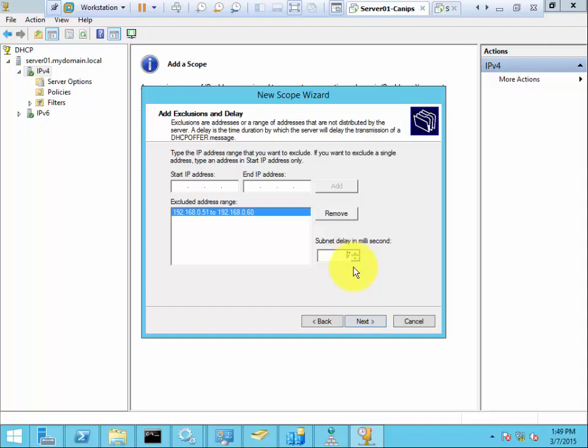So 0. No, it's still a millisecond. Even if you give, it doesn't make any difference. Next,